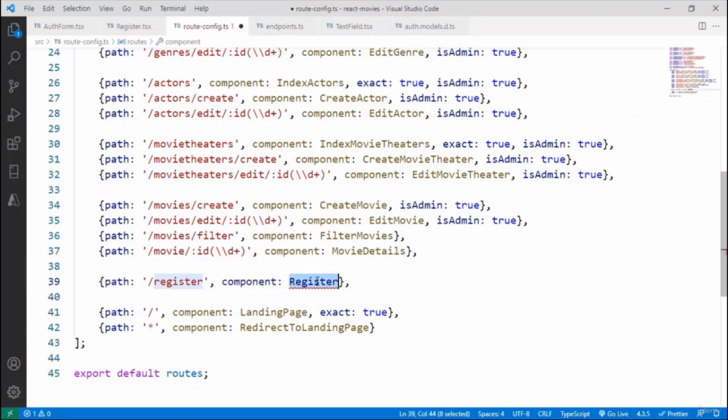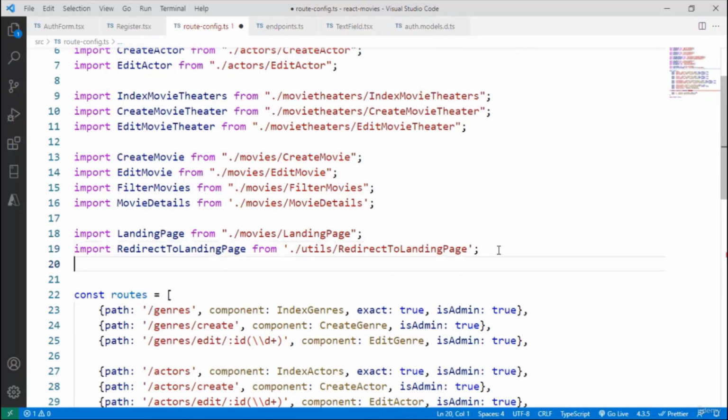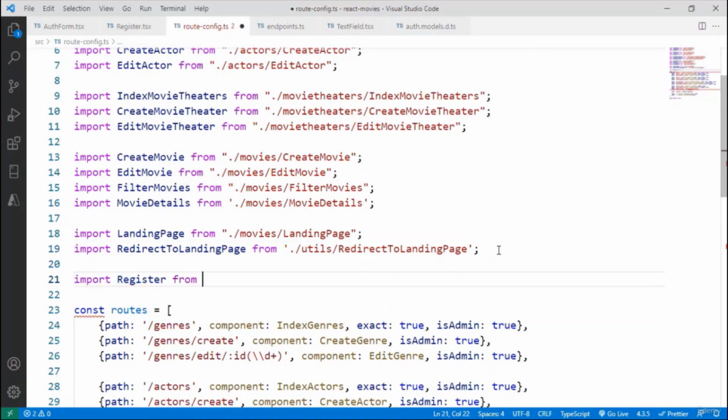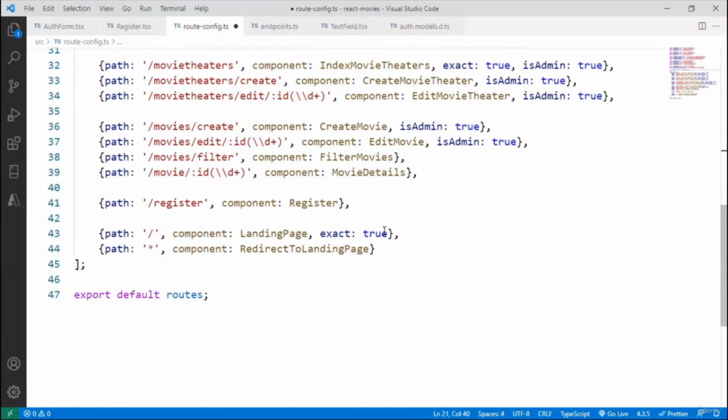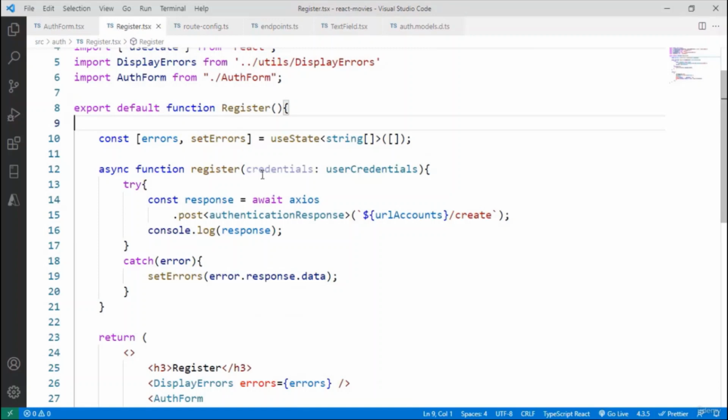Now let me copy this, and let's come up, and let me say import Register from auth/Register, semicolon here, and that's it. But we forgot to add here in register, we actually forgot to pass the credentials into our post. So let me put here credentials, let me save, and let's go to Google Chrome,